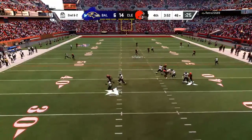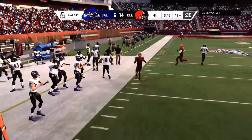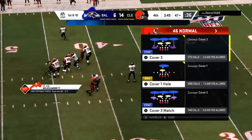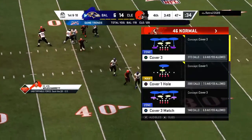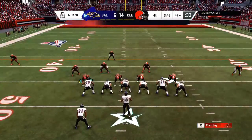To throw again on second down. Jackson dancing to his left. Now he'll pull it down. And he's able to take it across midfield before going out of bounds. Late in the game, defense trying to avoid a big play. He's able to work out of the passing game, turn it into a run, pick up the first, and stop